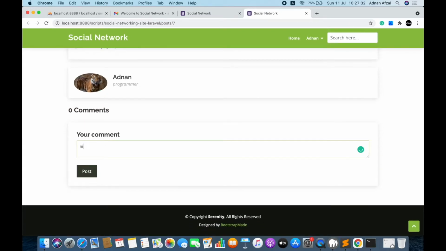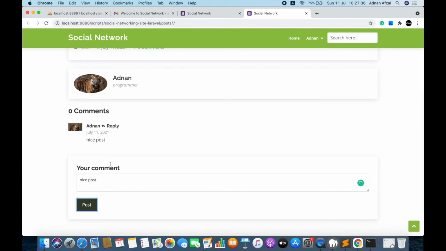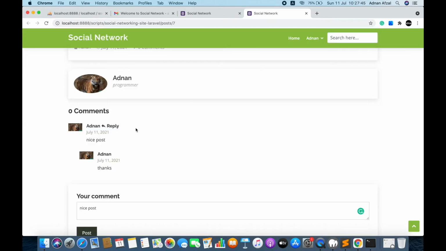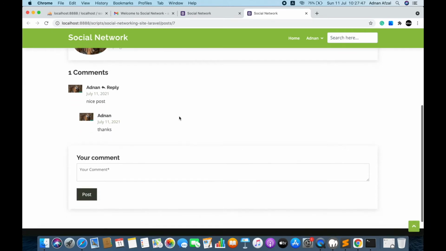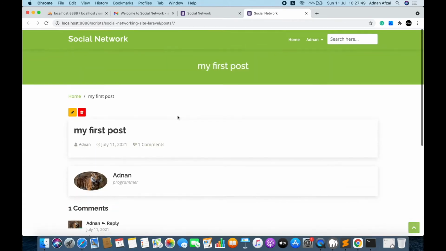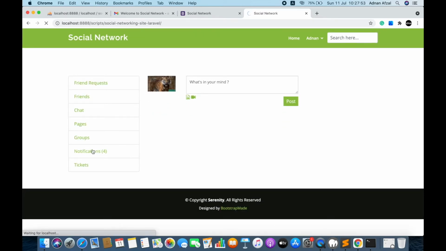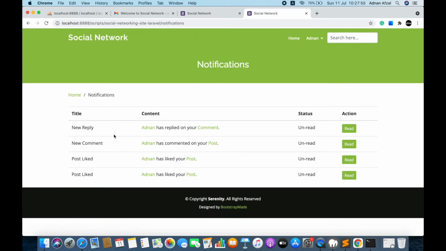You can write a comment on a post and you can give a reply to any comment. And the other person will receive a notification that someone has replied to his comment or someone has given a comment on your post.